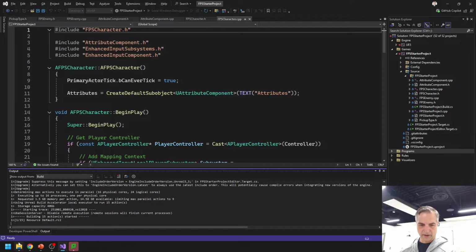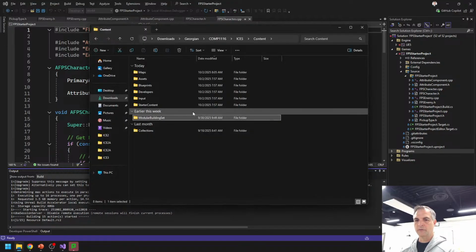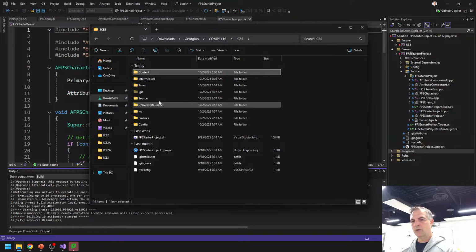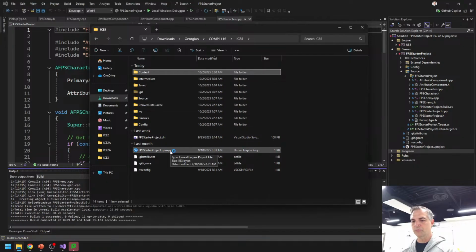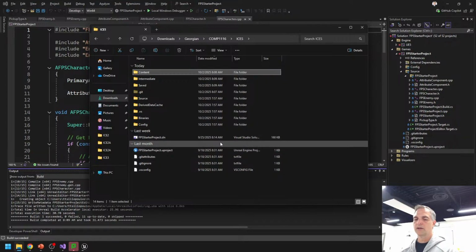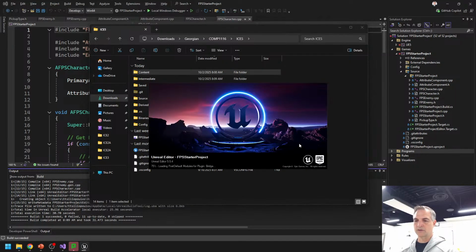We can look at them together while we do this. So I would delete, if I was going to come up to here, the derived data cache, the binaries, the intermediate and saved folders, and then right click on my U project and rebuild my Visual Studio project files with Visual Studio closed, and then double click on this to rebuild the project if I had to do that, but I don't. You can see that Unreal Engine is working just fine,